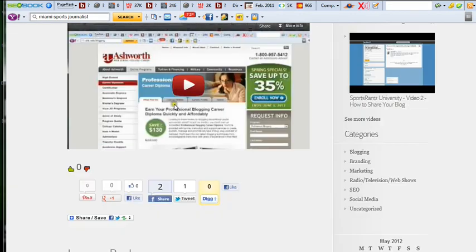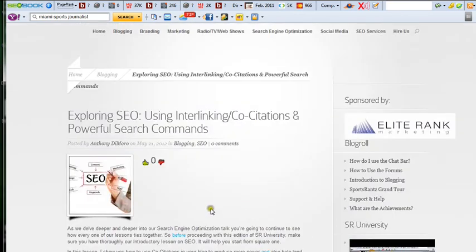And remember, share it. It's great to have all this SEO infrastructure in, and it does help, but nothing trumps traffic and click-throughs going to your webpage. It's going to help out the process, so remember to share this. You see how this is all coming together, guys? As we delve deeper into SEO, you guys are going to learn more tricks of the trade. So with that being said, that'll wrap up this very short edition of SportsRantz University.